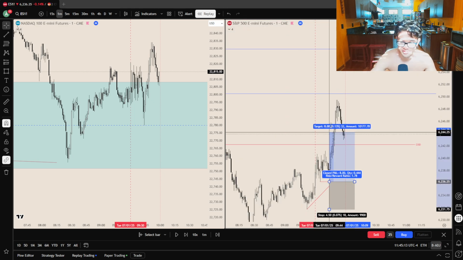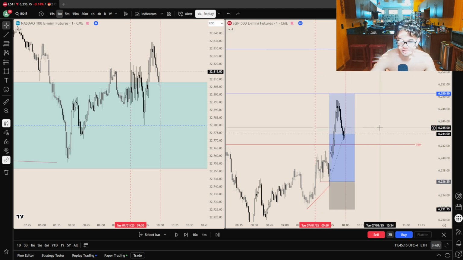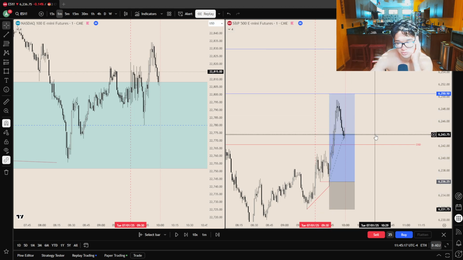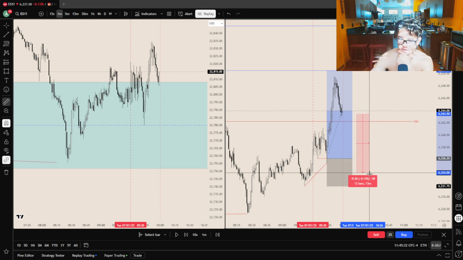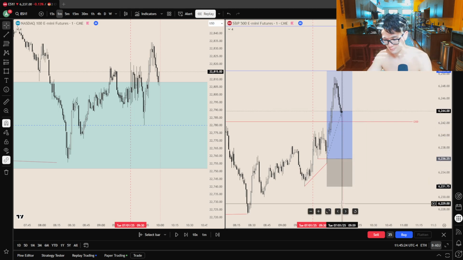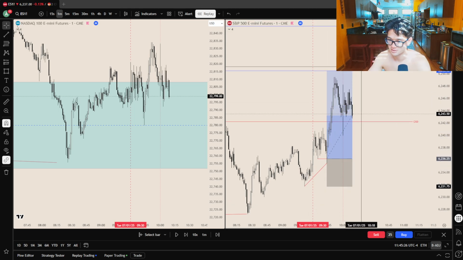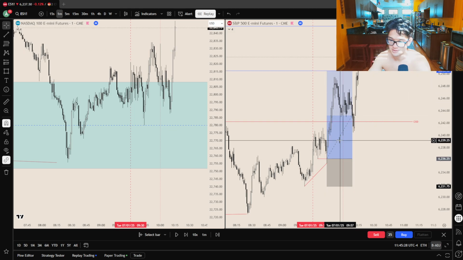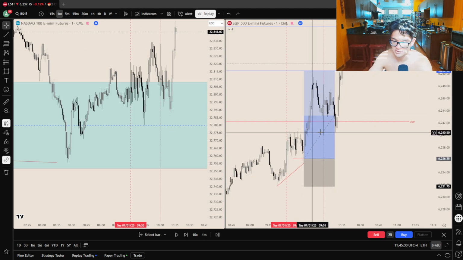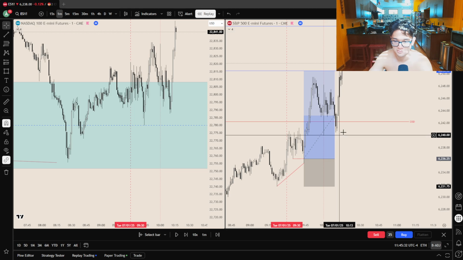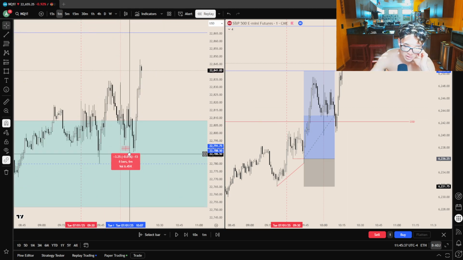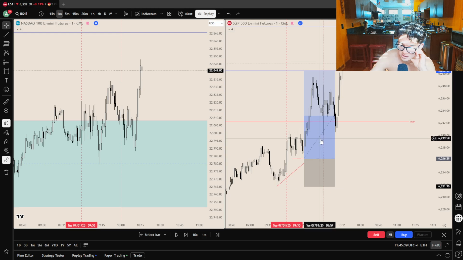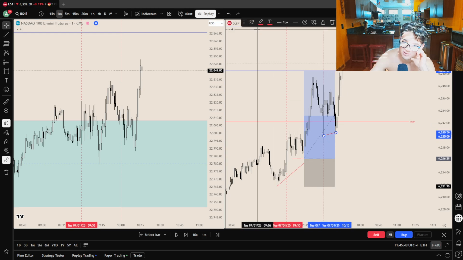This should have been my trade, and then I should have been break even with 10 a.m. news coming out, just in case 10 a.m. pushes us all the way down. But this would have played out very nicely. I was looking for an entry here, but we didn't take it. It just wasn't clean enough. Yes, NQ swept this low, and we had a little SMT here, but it just wasn't clean enough to me.